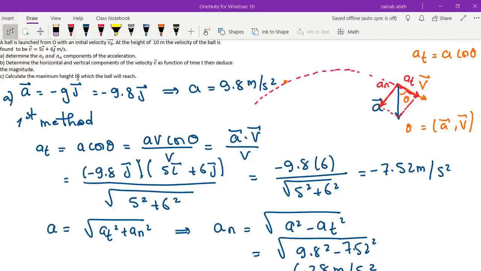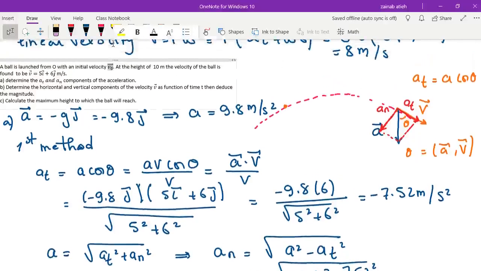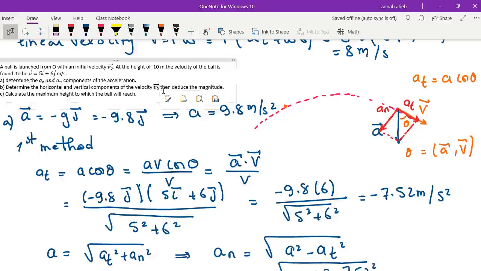I will change this part B to find V0 not as function of time. To find V0, let me change it. Okay, let's find V0